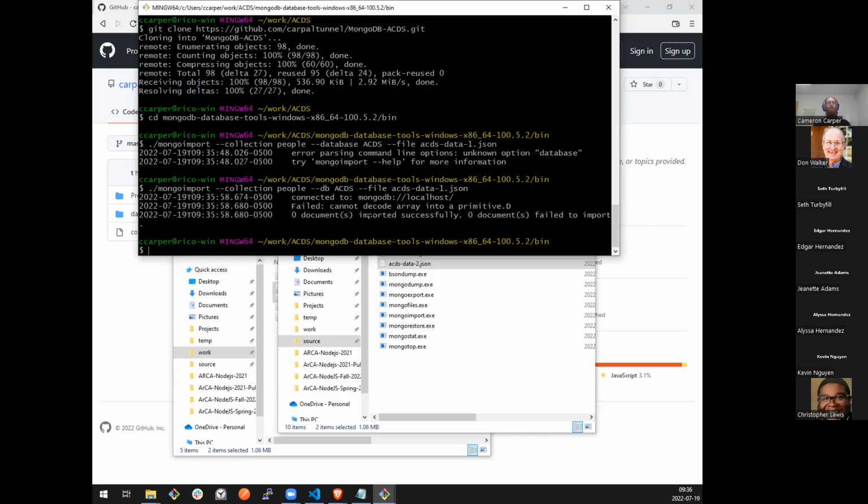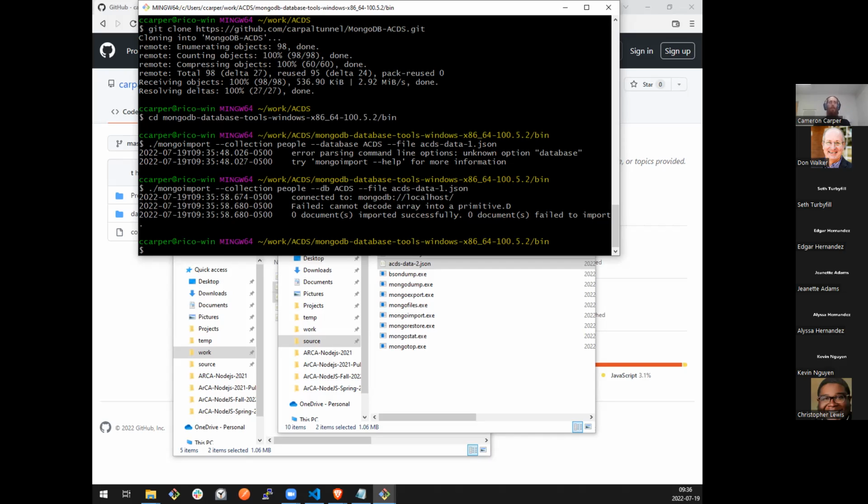Often when we're dealing with JSON data, and we'll be getting into the JSON lesson very shortly, if we're moving a large list of data around, it's typically encased in an array, which we can think of as a list. And so it's very common to have JSON data on the file system that is basically an array that has a bunch of objects or documents inside of it. In fact, it's more common from my experience to see it that way than any other way. However, by default, mongoimport doesn't expect to receive an array.